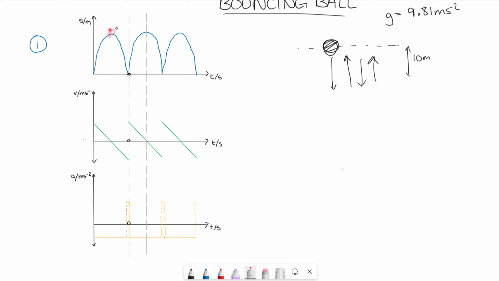This is the top of the motion. Then it falls down, and then it bounces up to the top of the motion. Then it falls down, then it bounces up, then it falls down. It's just bouncing up and down, right? Pretty simple. If we look at the velocity now, at the same time, so when the ball is about